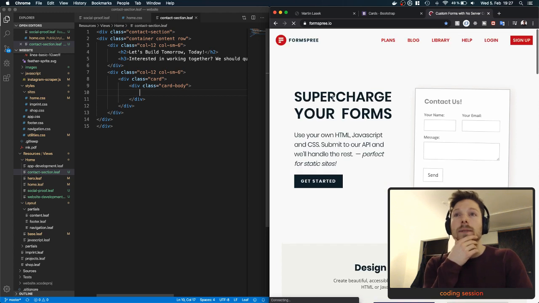Is it that? Supercharge your forms. Use your own HTML, JavaScript, and CSS, submit to our API, and we'll handle the rest. Perfect for static websites.